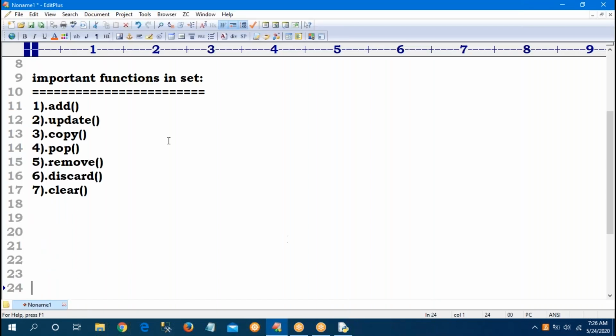What is update meant for? Update means if you want to add multiple items, maybe from a list, maybe from a range.